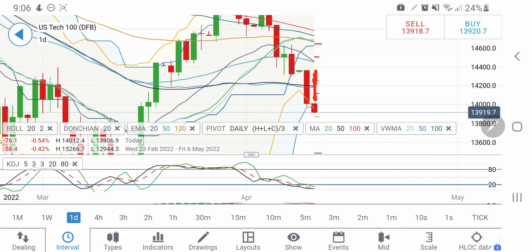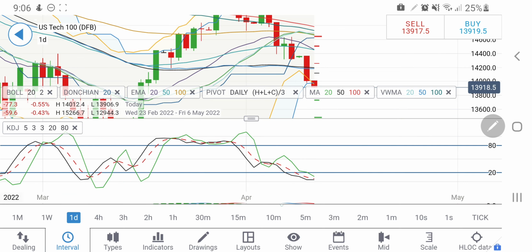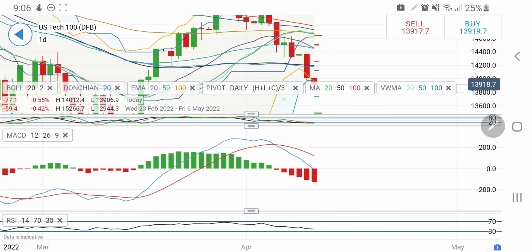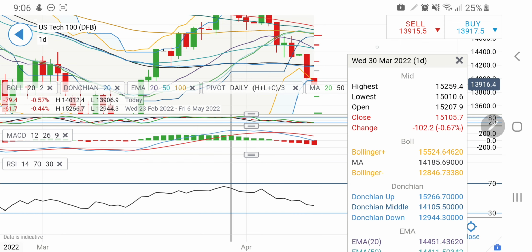See, 400 points of move, so probably this time at least 200 to 300 points you can expect, which might take it towards the 13,800, 13,700 zone. MACD and stochastic are extremely oversold on the daily charts, hence a bounce back is a must. If not today, then tomorrow probably, but how far it will drop is what I will be watchful of. And MACD is strongly widely divergent, hence a convergence candle has to appear. It must try to converge from here.